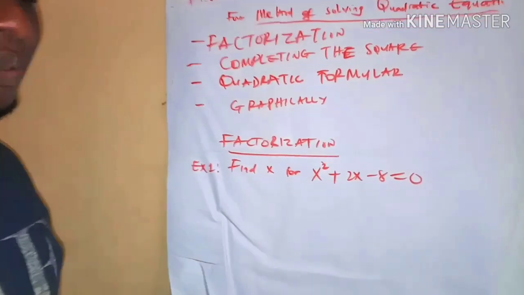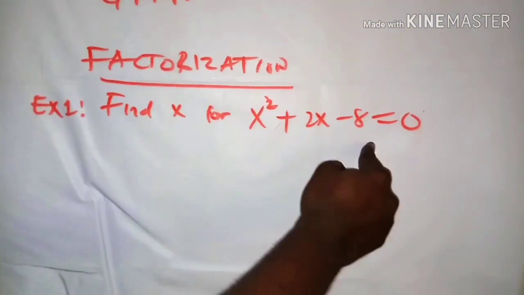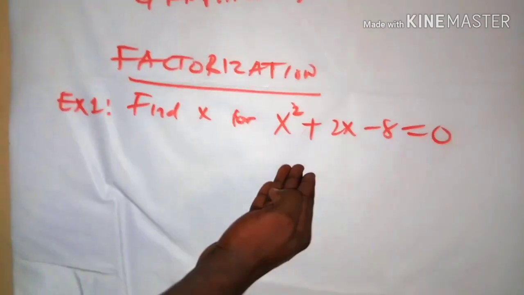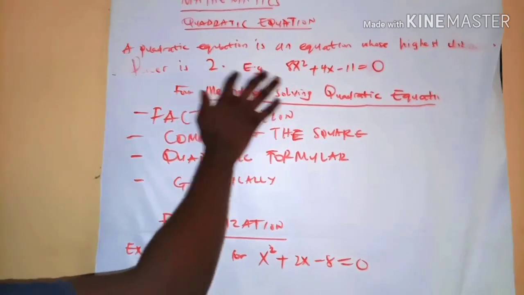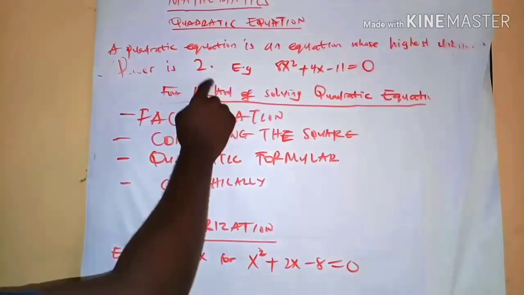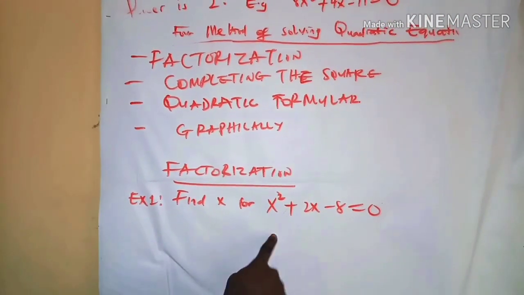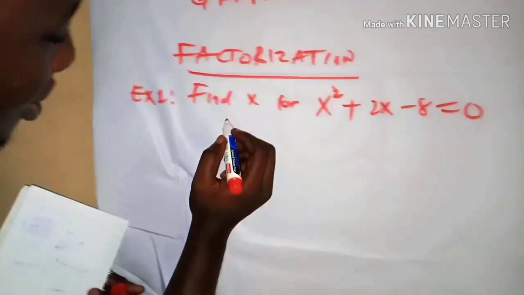So the first example is find x for x squared plus 2x minus 8 equals 0. This is a pure quadratic equation because, as explained in the first line here, a quadratic equation is an equation whose highest unknown power is 2. So to solve this, follow me. So solution: